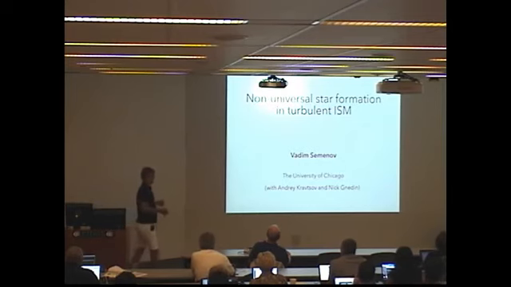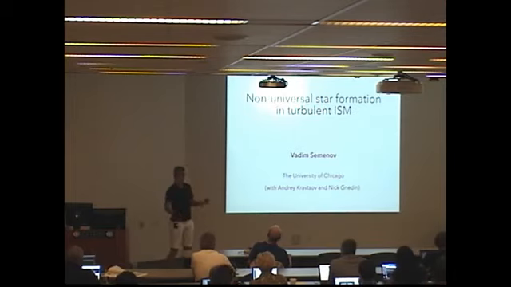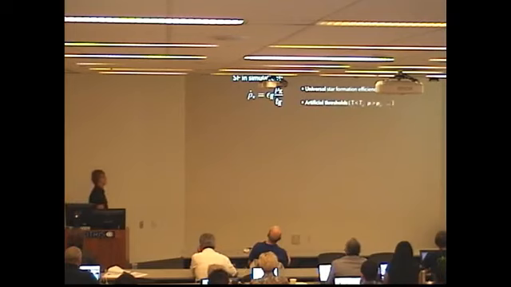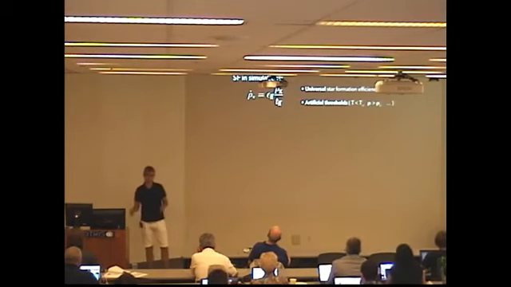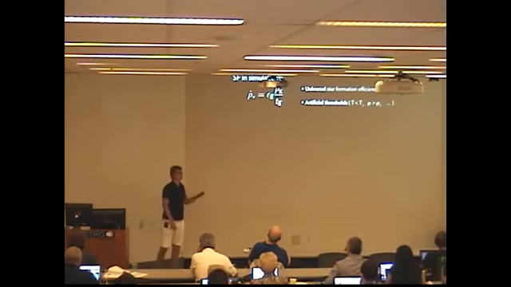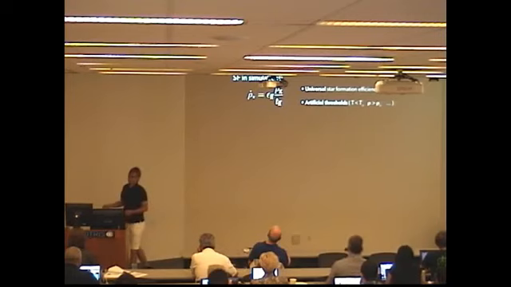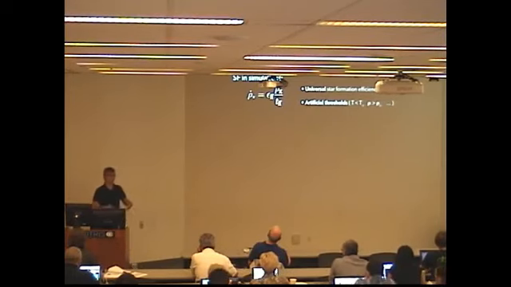Star formation prescription is as important a part of the stellar feedback loop as the recipe for feedback itself, and the feedback models have been refined for years. We had a special session on them. So these temperature and density thresholds are usually set by hand. Sometimes other thresholds are applied, like gravitational boundness or convergence of velocities, but